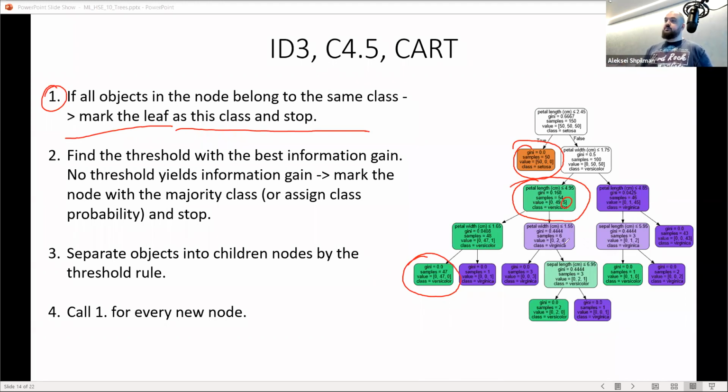If we have information gain, we find the best information gain and separate by this threshold. And this is, we separate the node into 2 nodes. That's it. And you call the algorithm recursively in each node that you separate. Very easy to implement tree algorithm. Now, after you do all that,